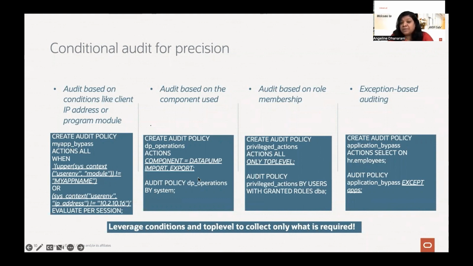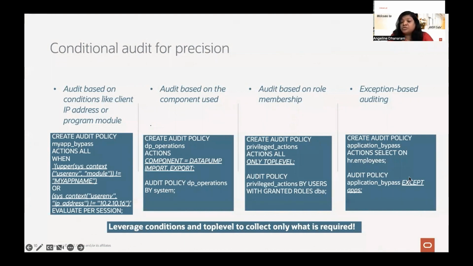Or maybe if you want to audit certain Data Pump operations, we give you a component-level audit where you can monitor the Data Pump import and export activity. Or say you want to audit all the users who are granted DBA. There is a way you can enable this audit policy for all the folks who are granted the DBA role.